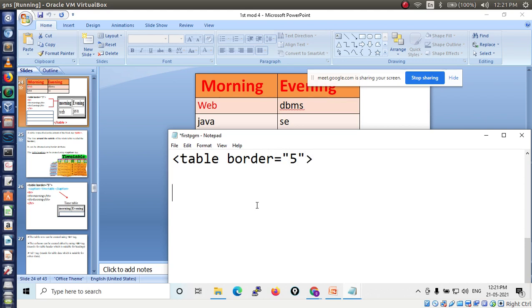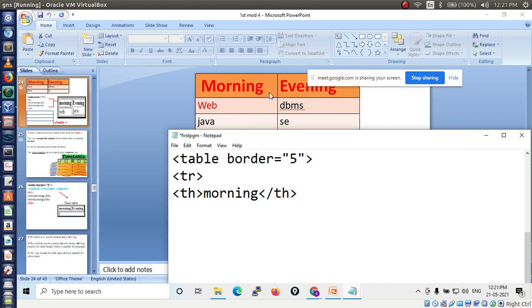Okay, now here I want to create this table information. First I have to create the first row. For that I have to use the tr tag. Then morning and evening should be in a table head, right? It is displayed in bold style. So for that I have to use the th tag. Then I am going to write morning, then close the th tag. Then after this th, one more th is there, right?